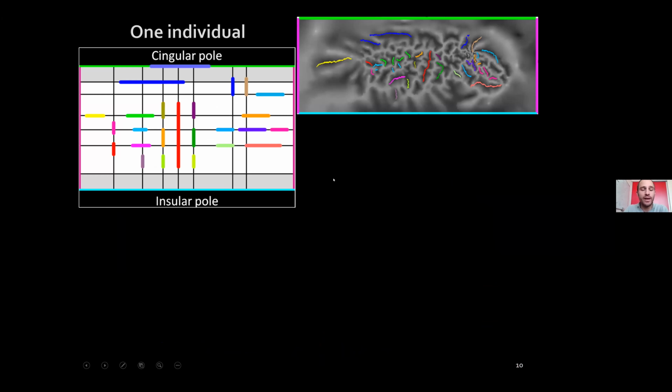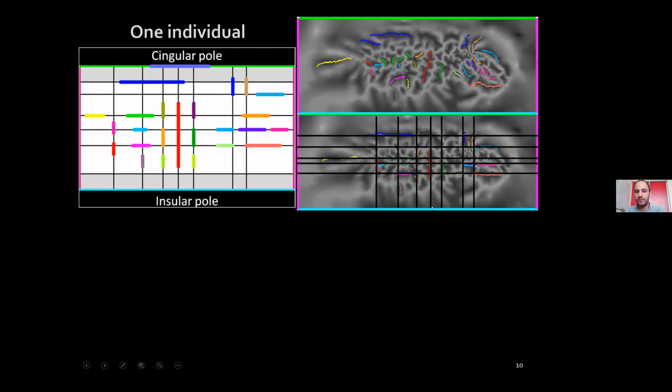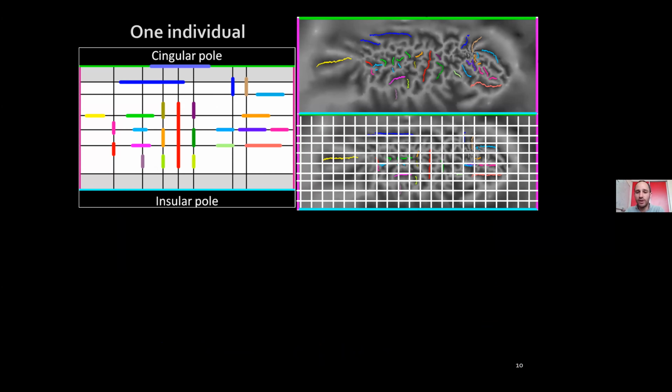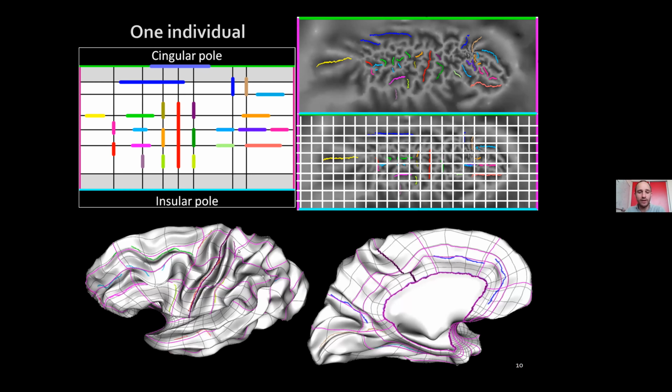Here I will show you an illustration of a single brain. That's a brain that has been flattened, the first step. Then what we want is to align these physical landmarks onto the model. That's what has been done here. It's the second step that I do not describe. Here I show you the results. You see the axes from the model onto which the physical landmarks have been applied. There is a way to visualize the parameterization induced by this process, by overlaying a regular grid here and looking at where this grid is localized on the original folded brain. Here is what you see.